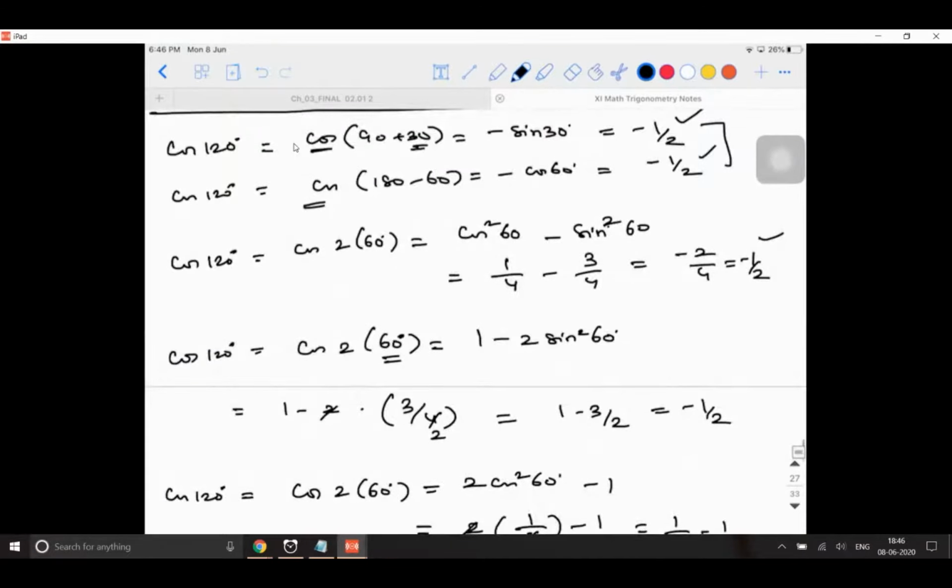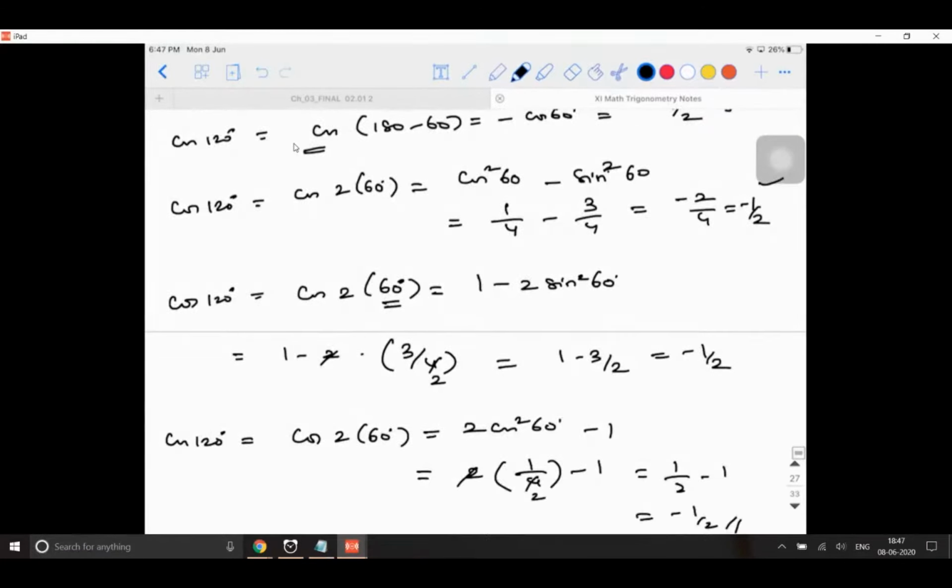So that is the beauty of trigonometry. You do the same problem, you can do it in any number of ways you want, you'll still get the same answer. Okay? So that is the biggest advantage of this chapter. It will help your thought process also. Like you can approach the same question in different ways. That is the way you need to learn math also. It will be easy for you. Is it clear? Is everyone clear?